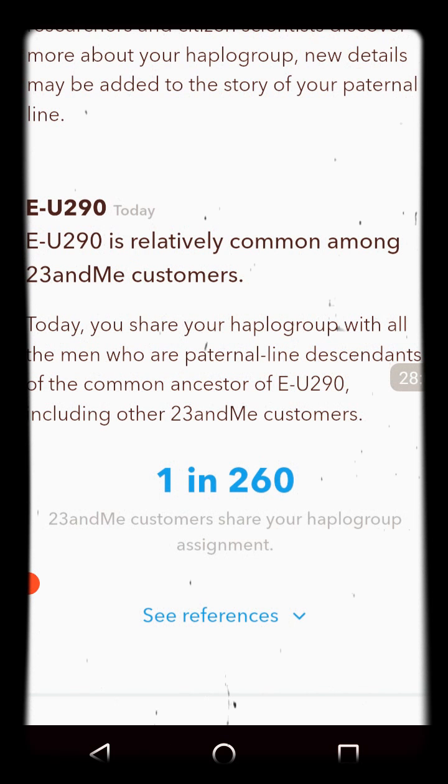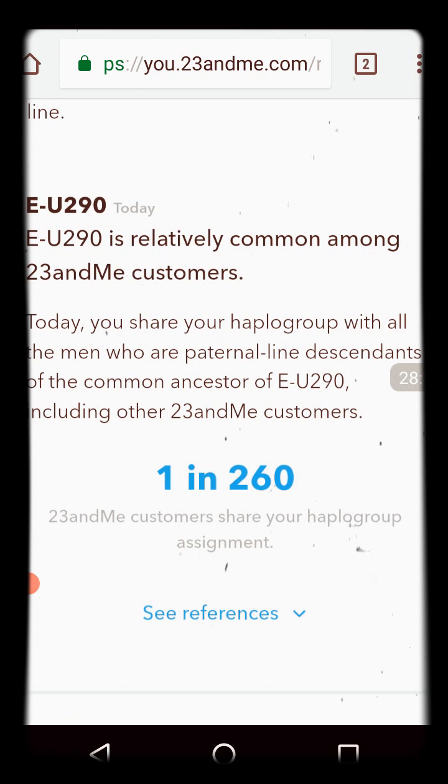I know it's really a nuance, but it's very important, because I love my cousins, but I don't want to be limited to the knowledge that you share this haplogroup with cousins and brothers, and that's all the information you give me, when you know good and well you could have gone beyond U290's common ancestor,